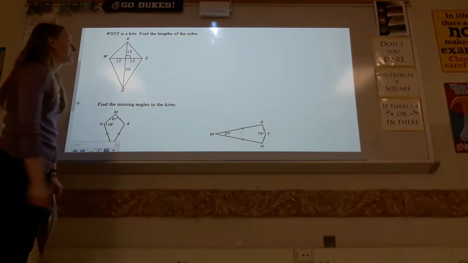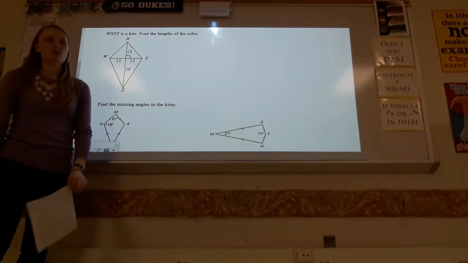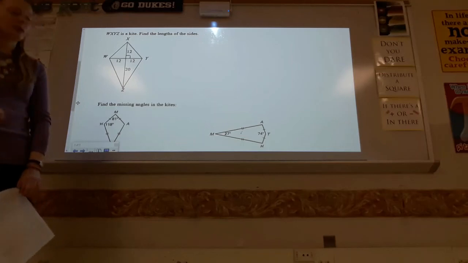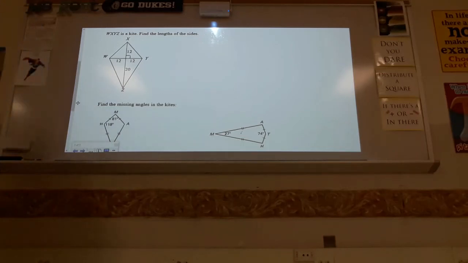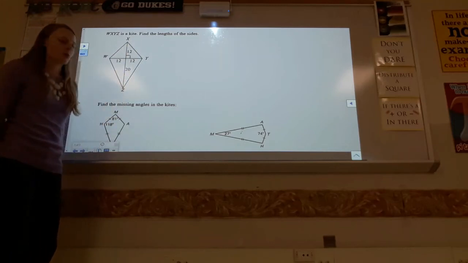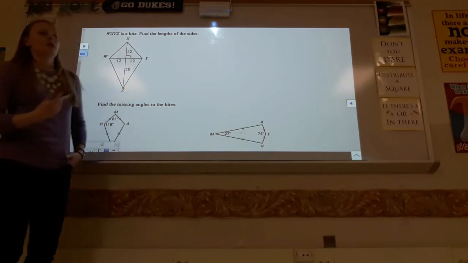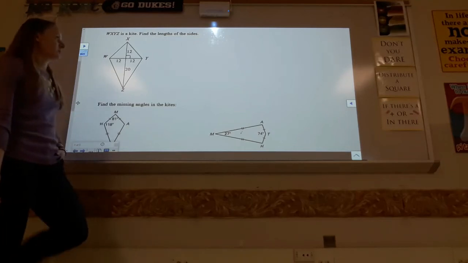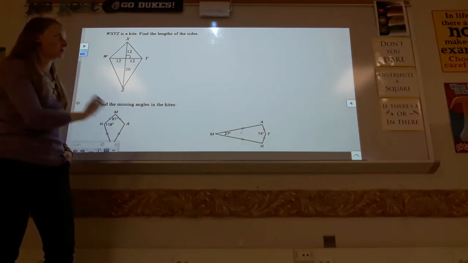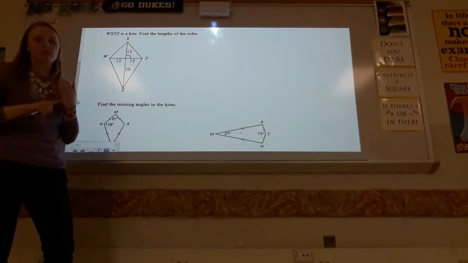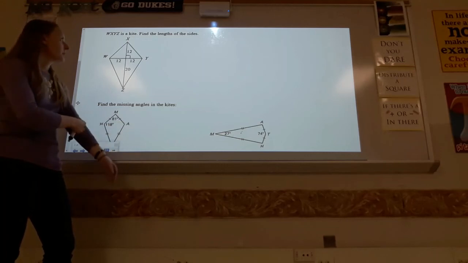So this one is a kite. We were trying to find the lengths of the sides, so any of these that doesn't have a length already, that's what we're going to be finding. So we already know everything on the inside basically, so we're just finding all the outside portions of the kite. So again, when you guys are looking for sides in a kite, it's almost always using either the Pythagorean theorem or your 30, 60, 90, 45, 45, 90 rules, depending on what the angles are. But for this one,